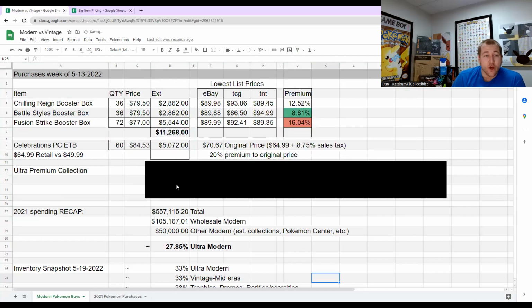So again, the way that I see modern, my interaction with modern, 80 to 90% of it is literally just buying wholesale for as cheaply as possible and then selling it into the market at a price point that makes sense to me. I discussed in the last video on Monday, I didn't buy these boxes at $77 to $79.50 per box to immediately flip into the market. So to some extent, I guess I am investing or speculating on the fact that they'll come up at some point to $100, $110, $120 a box